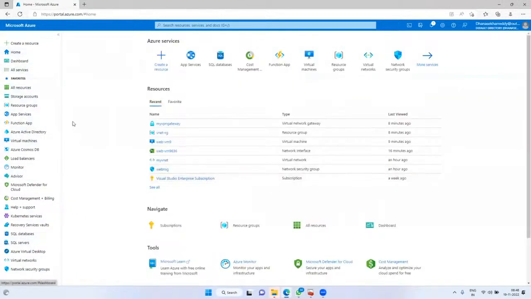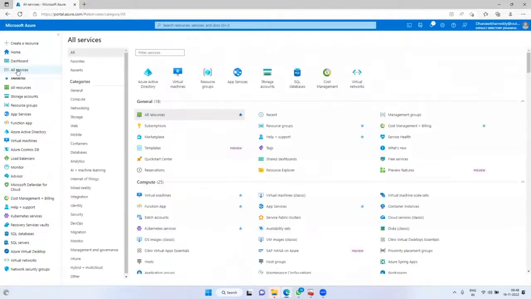Next, Microsoft provides around 200 plus services in Azure. If you want to use any of these services, you can go to all services, the 3 underlines. Now click on all services.